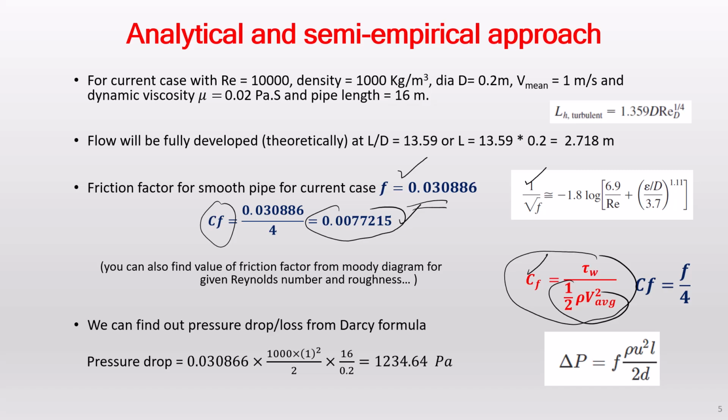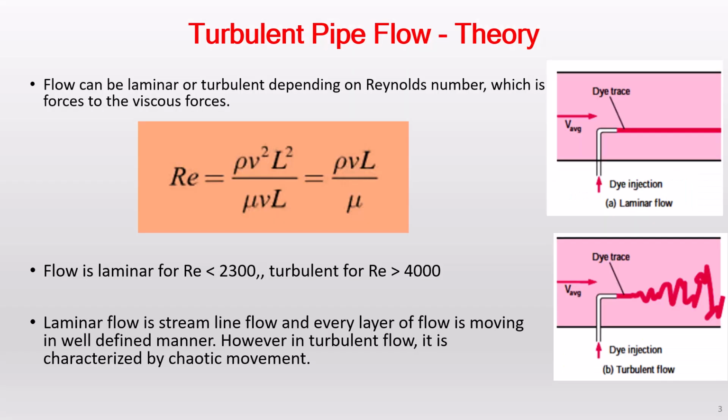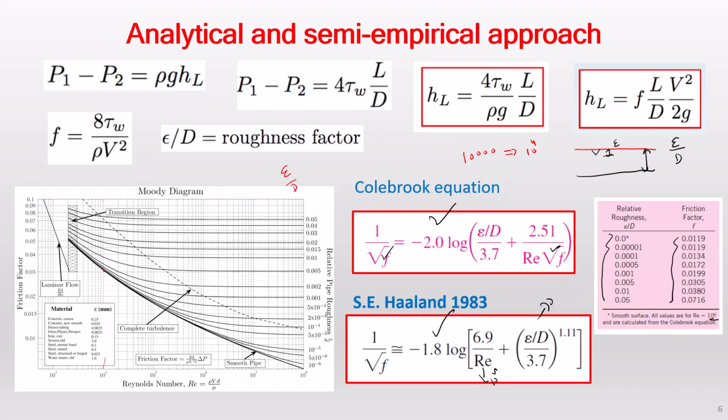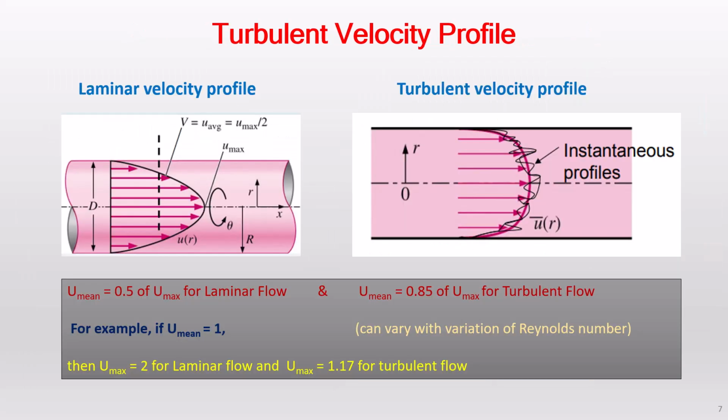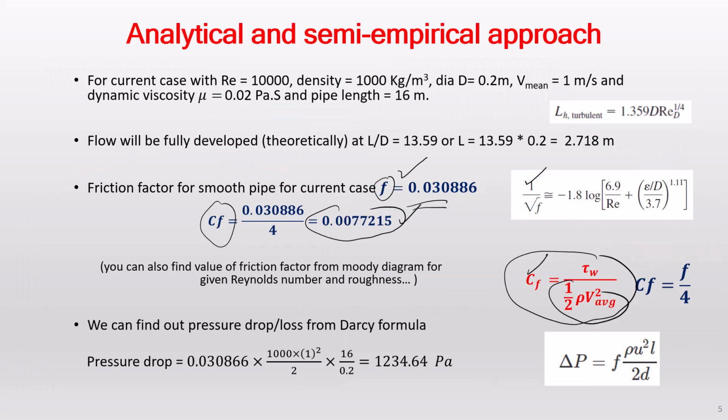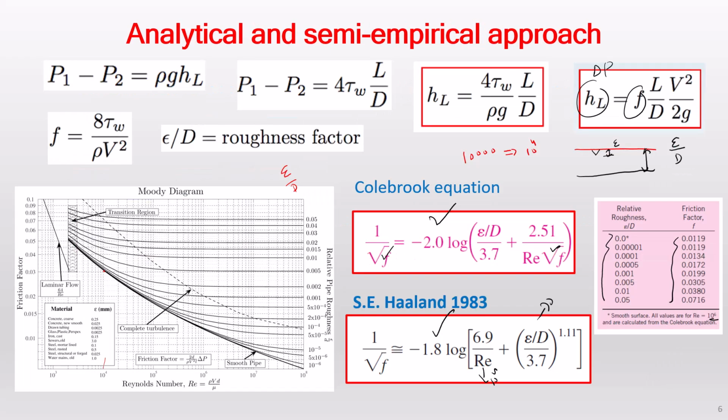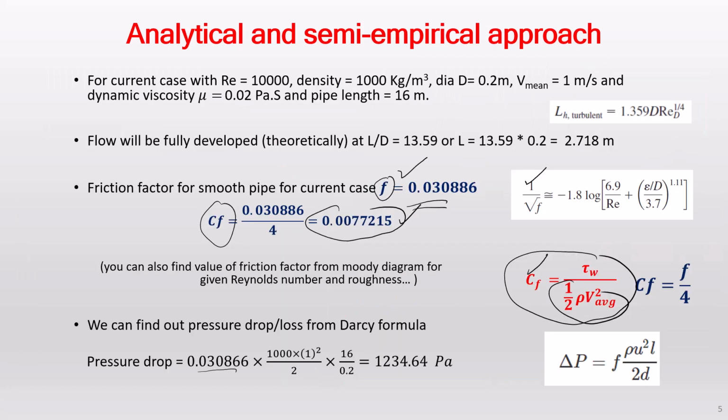Okay, now I'm using the pressure drop from Darcy's formula using the Darcy friction factor, and the formula is still the same. The formula is delta P is equal to the friction factor, L by D, V square upon 2G. So if you take a look here, this is F, and then we have the L by D. The L by D is equal to 16 upon 0.2, and this is the density velocity square upon 2. So density is 1000, velocity is equal to 1, so 1 meter square divided by 2. So we are getting the pressure drop of